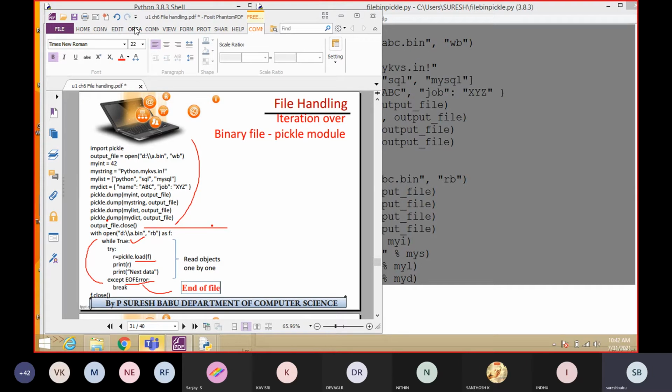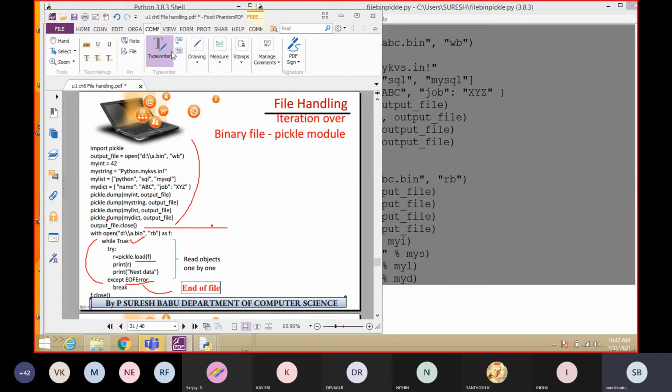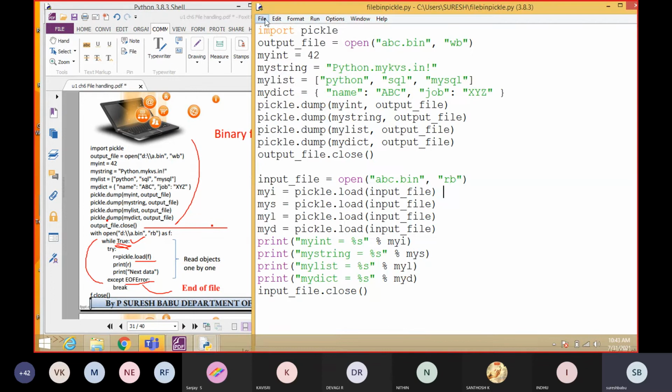Yes. So kindly note down this is the program, and definitely you should use while loop only. We can't use for loop here because with a for loop we can specify the values, but with a while loop we can set true conditions, like this. So here the same program will read one by one, and the same output will come. I will show the program also.